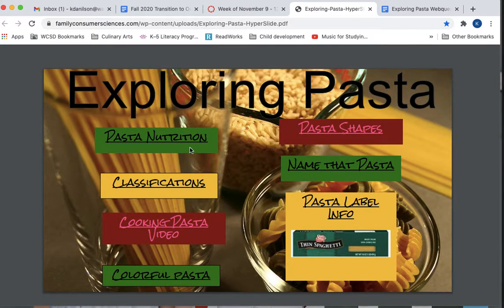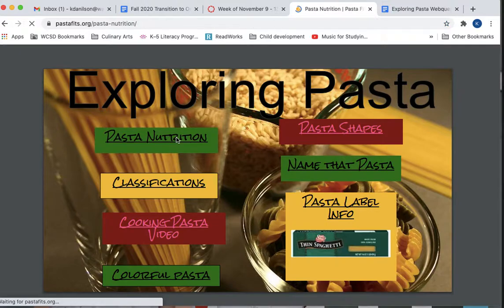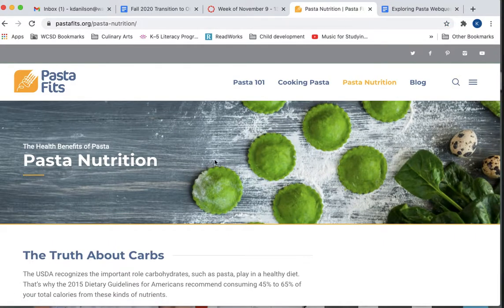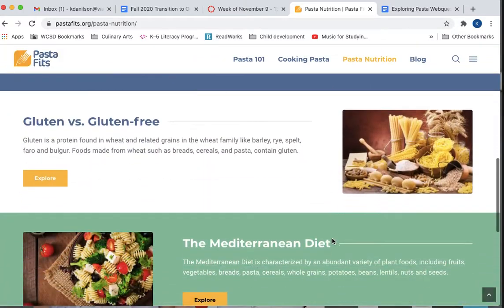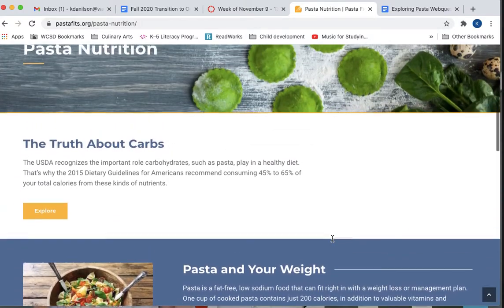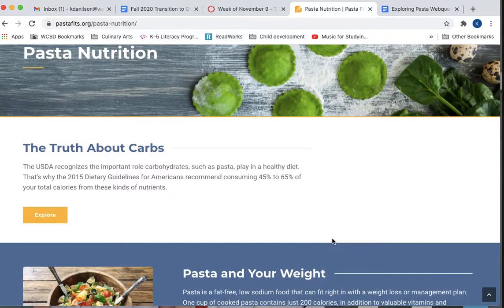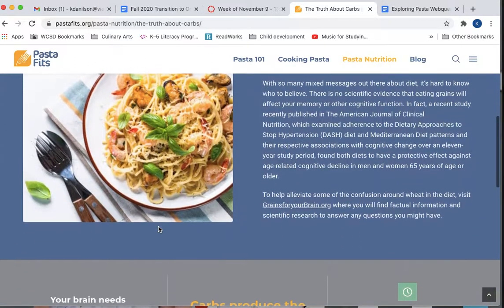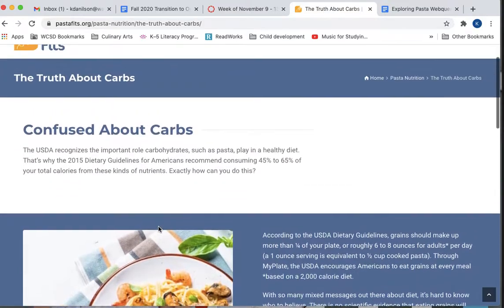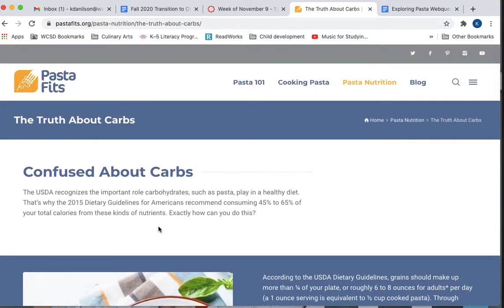Winner, winner, chicken dinner. There's a tab right there. Oh my goodness. So what I'm going to do is click on that tab. And now I'm in a website that's going to give me all kinds of nutrition information. It's just kind of the basics here, but if I'm needing more, just click on this little explore button and then it's going to give me a little bit more detail of what information I might be